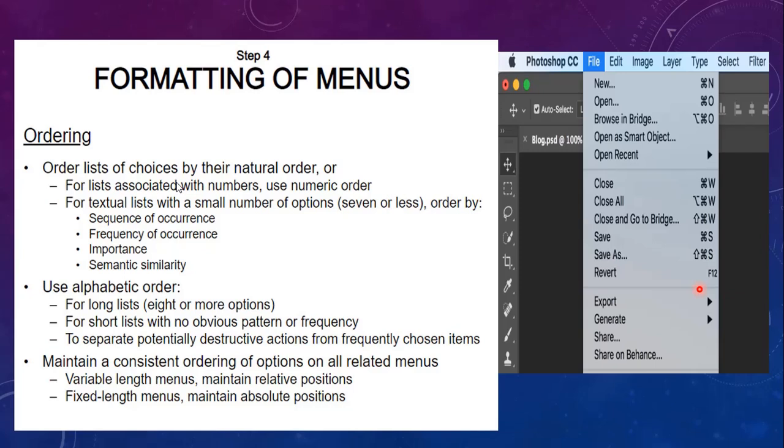So in that case we should not go for any alphabetical order, because our mental model is already trained for how many months we have in a year, what the months are, and what the order is. It has to be displayed as January, February, March, April, like this only. You cannot display December first, then November, then February. You cannot change the order or go for any other ordering in such cases. That also has to be remembered. So that is about ordering of menus.